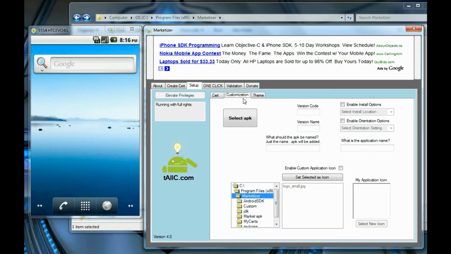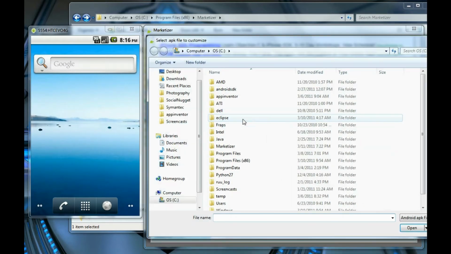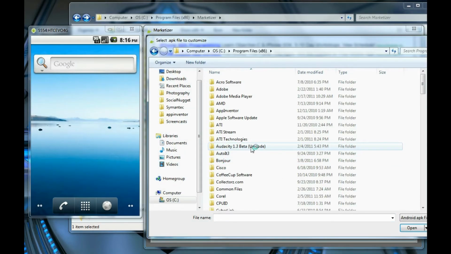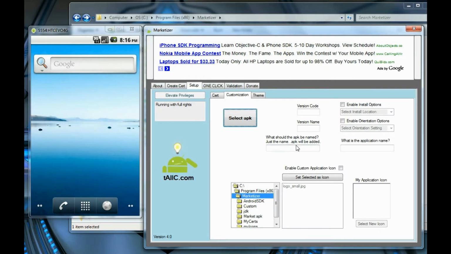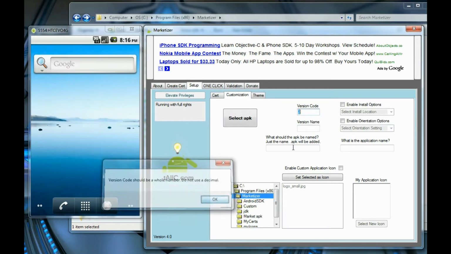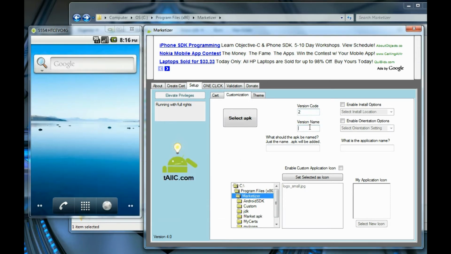So I've got some new stuff here. I'll start by selecting my APK as usual. And I'll just go through here and I'll show you the options. So this one's whole number, I forgot. Okay, so version name, APK file name,